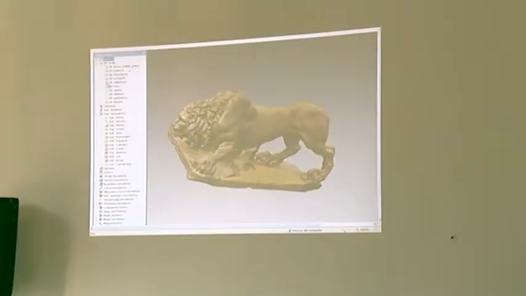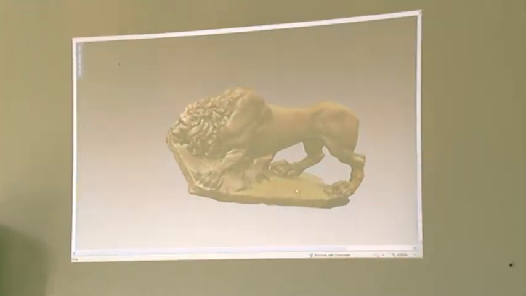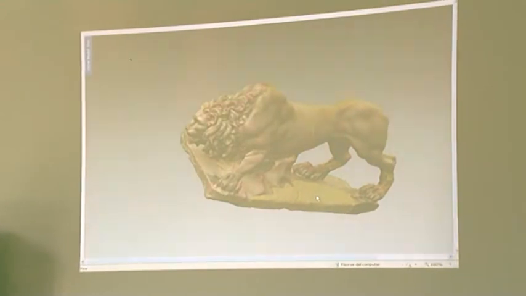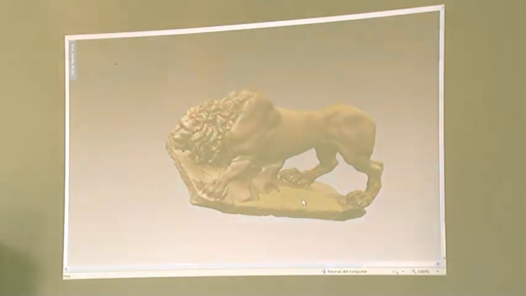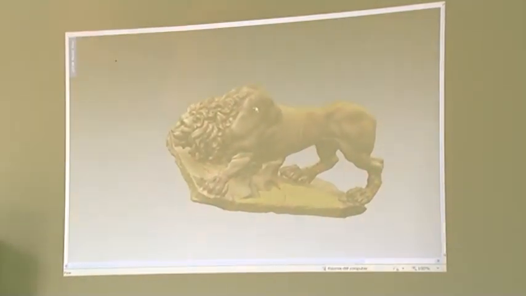But we can also use this model, for example, to record the presence of some alteration. It's not very visible here, but this is broken, like here, and this is a way to document the condition of the object. You see that I'm opening and putting in evidence this part that was missing and restored with other material, and covered and painted to have the same color. And all these things can be seen